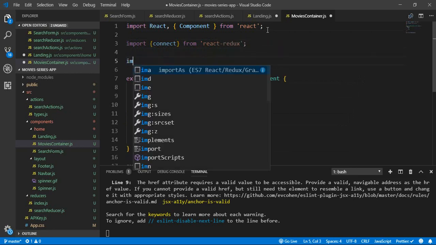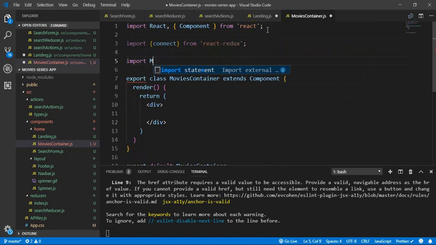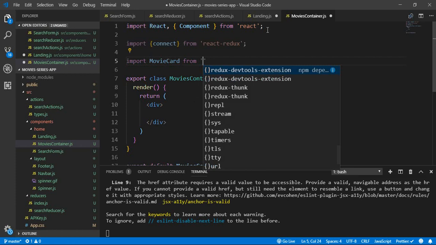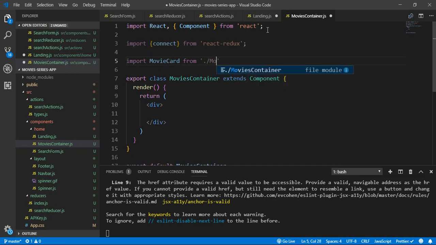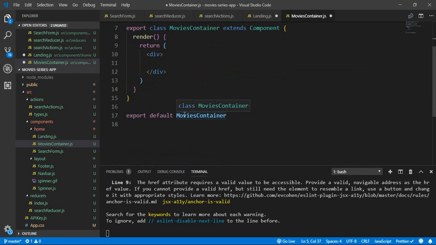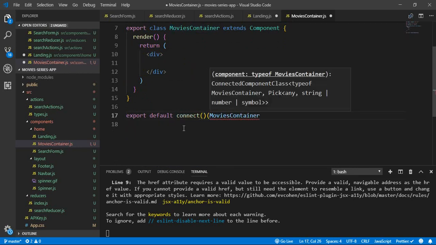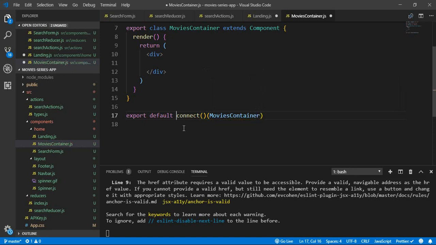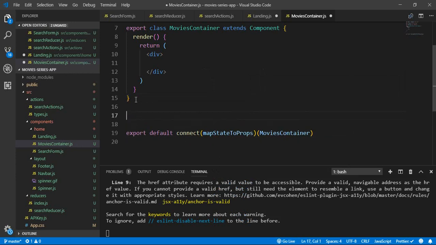Also we need to import a movie card from movie card, which we will create in a minute. This is another component. So let's jump into connect and mapStateToProps and go create